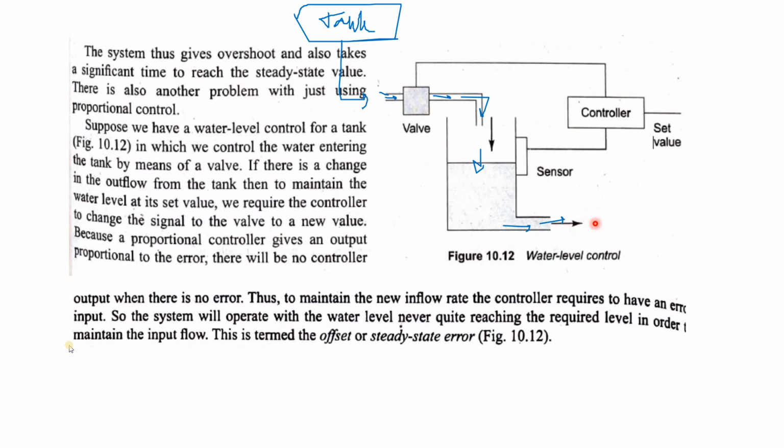That means the incoming and outgoing rate is equal. Now if the outgoing rate has increased from 2 liter per minute to 3 liter per minute, suppose more consumers have come and more taps are open, so now the water is coming out at 3 liter per minute. So that signal will go to the sensor, and the signal will be given by the sensor. Okay, because the sensor will sense that the water level decreasing rate is higher, so it will be given to the particular, you can say, controller. Okay, so more decrease is there.